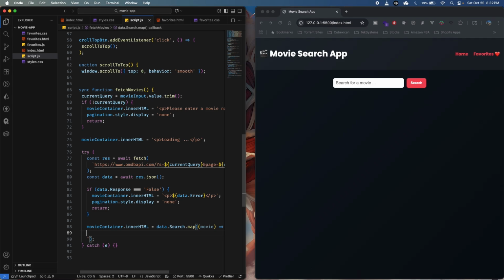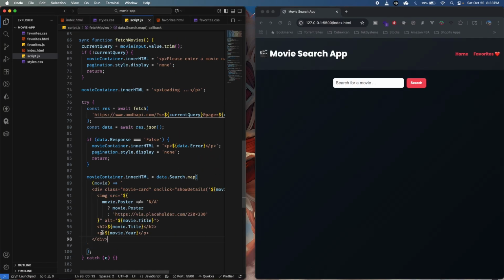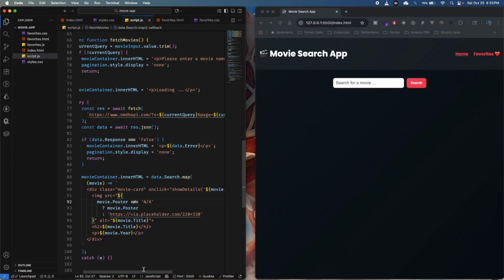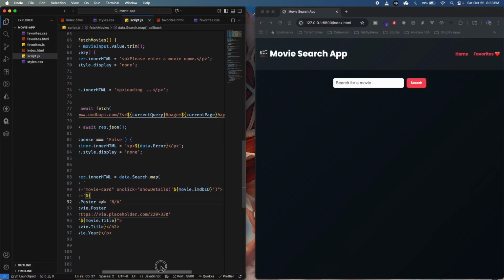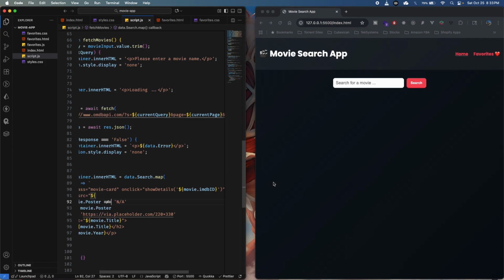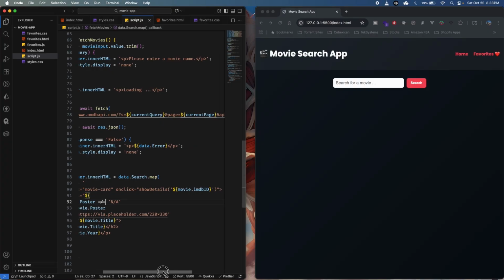And what I'm going to do here is copy the result. I'm going to explain it, it's easy to understand. Here what we are doing is injecting, for each iteration on the map, a div that is going to have the class of movie card, and on the onclick we are going to set the event showDetails, where we pass as parameter the movie ID, because this will be very handy for us when we click on the card, to fetch the specific data of that movie